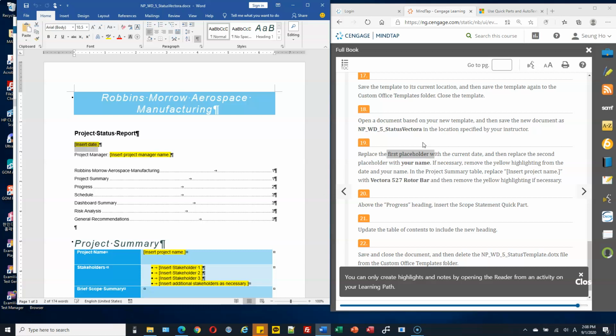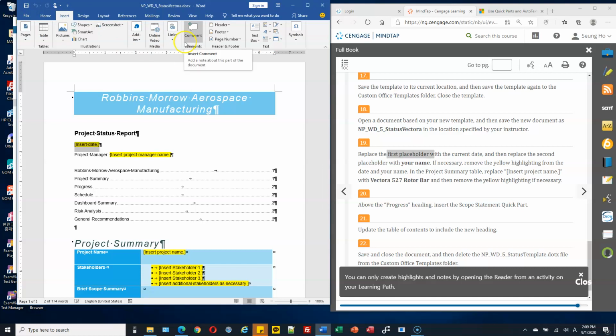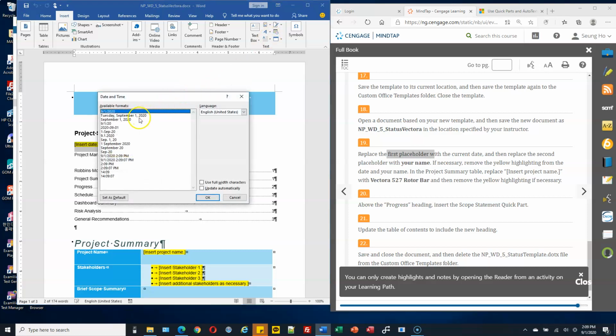Right arrow, right? Make sure you don't include the paragraph symbol. We will replace this one with the time. In the Insert tab, click Insert Date and Time.